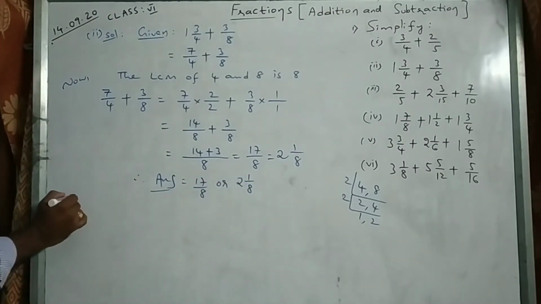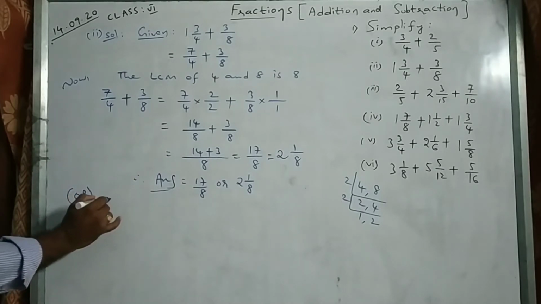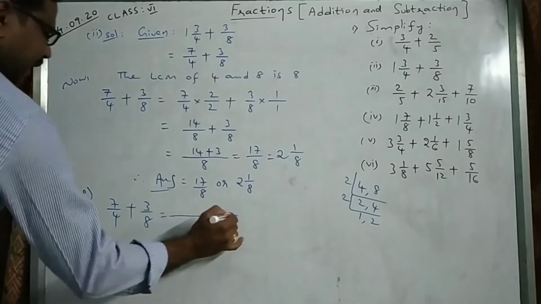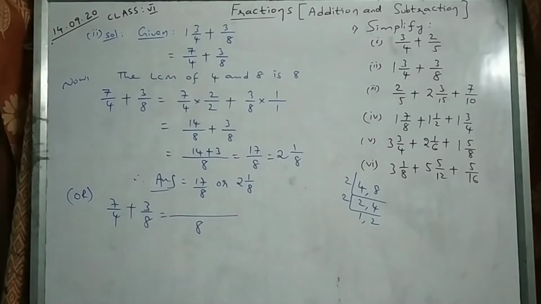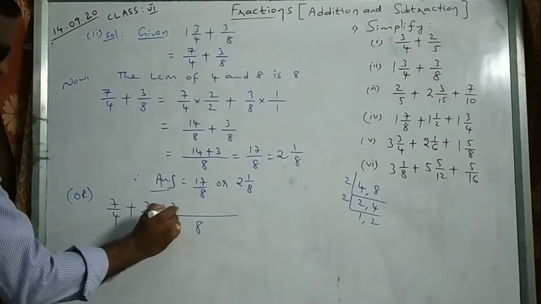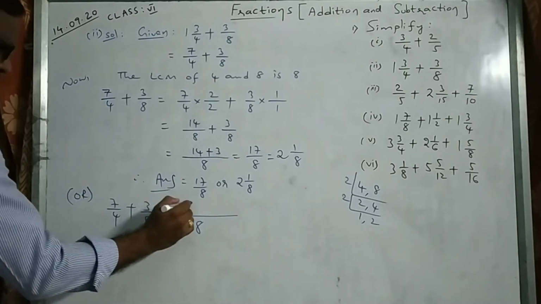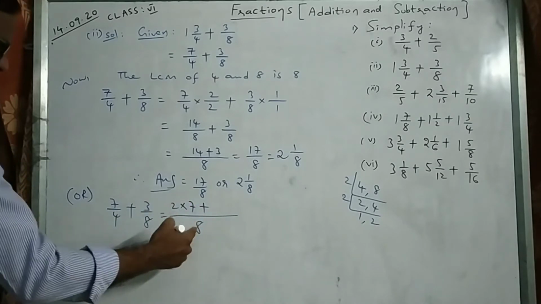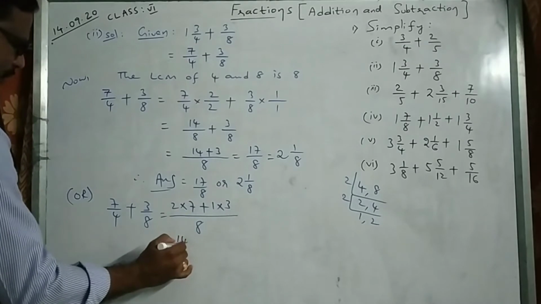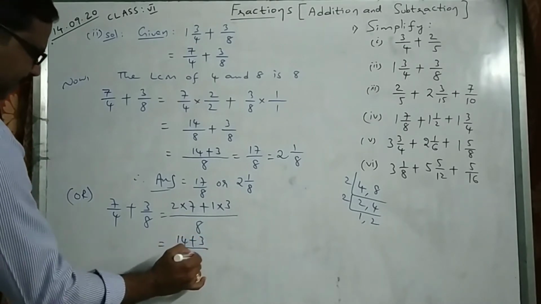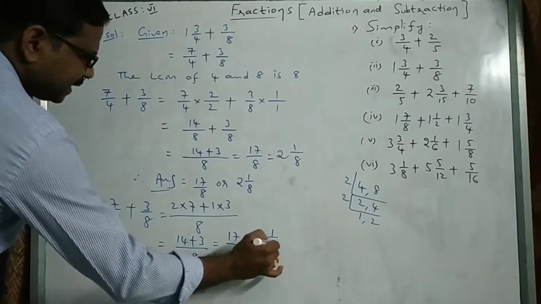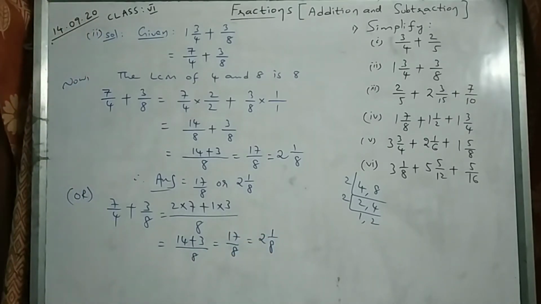So in our method what we do like this, 7 by 4 plus 3 by 8 is equal to, directly we will take the LCM 8. 4 how many times it goes, you see 4 2s are 8, right? 2 into, what is the numerator here? 7 plus 8 one time into 3. 7 2s are 14 plus 3 1s are 3. So 17 by 8, or we can write 2 1 by 8. Simple, no?